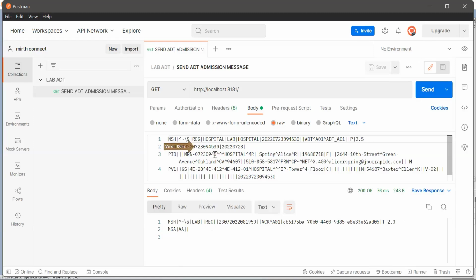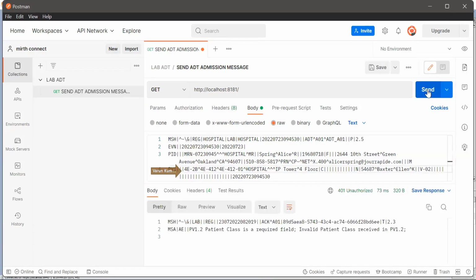Now let us say, we go and delete this GS over here. And click on send. Now, is this positive or is it negative? Negative.